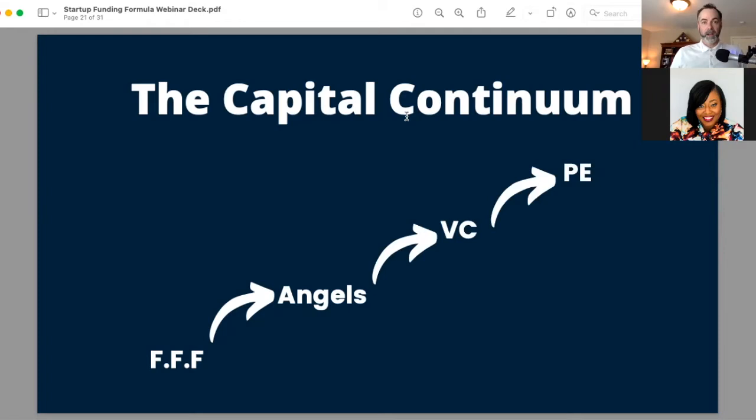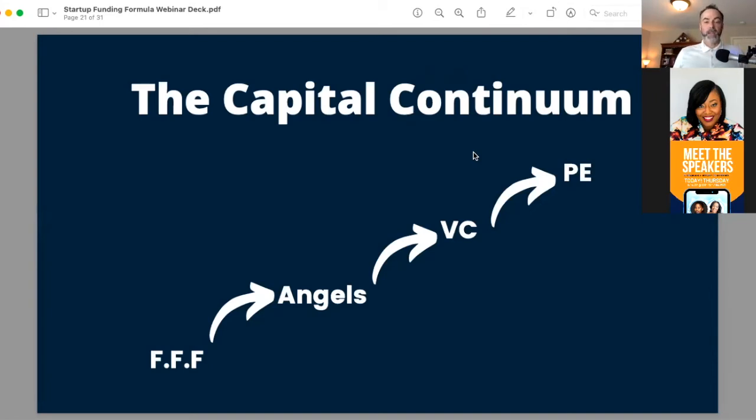Then some more things are accomplished, and then we see private equity come in. Private equity is typically buying chunks of a business because they feel like they can improve upon it. It's not doing as good as it could, and they're going to improve upon it, and then they're going to have an exit and make some money. Now, this is a bit of a generalization, that it always happens in this perfect flow, but the concept is